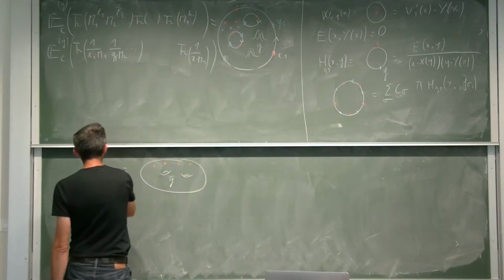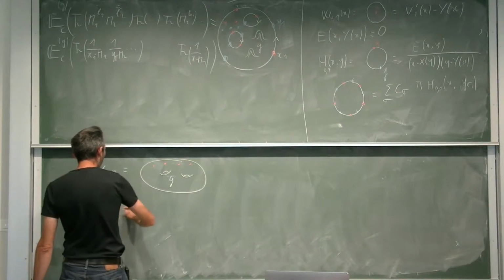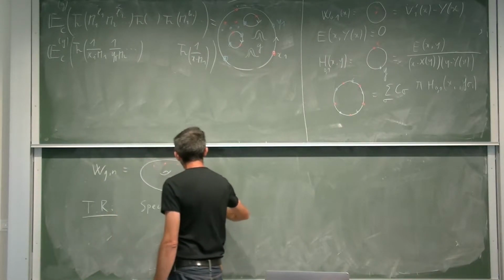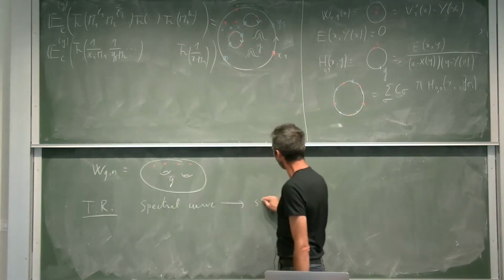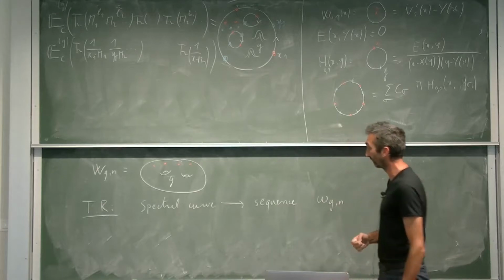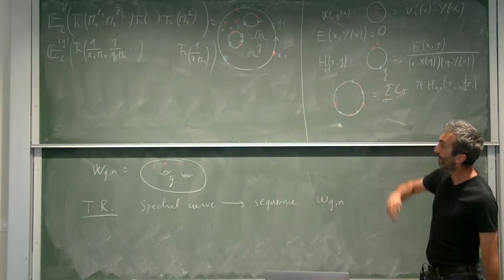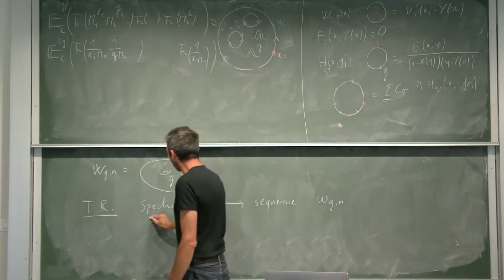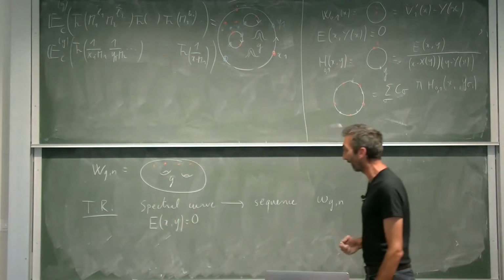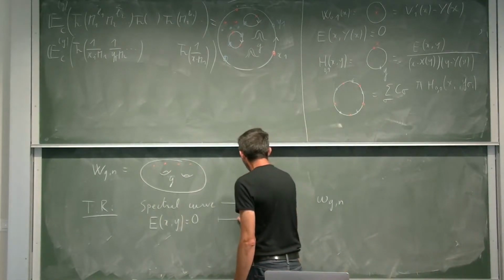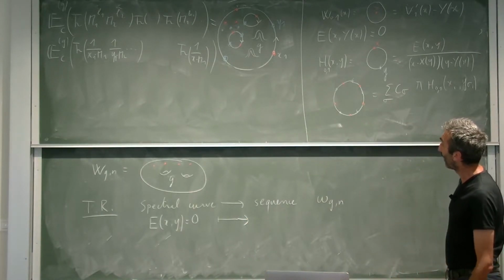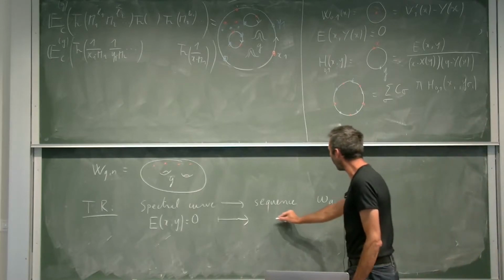So let me recall that topological recursion is a procedure that to a spectral curve associates a sequence of differential forms that are called omega gn. And it turns out that basically this is the answer to our thing. If we take a spectral curve, the curve of equation E of x, y equals 0, let's take that as our spectral curve. And the omega gns we get from the topological recursion are our WGNs, or more precisely,